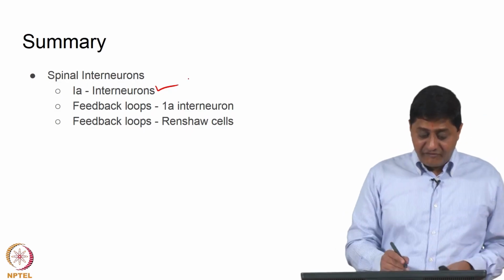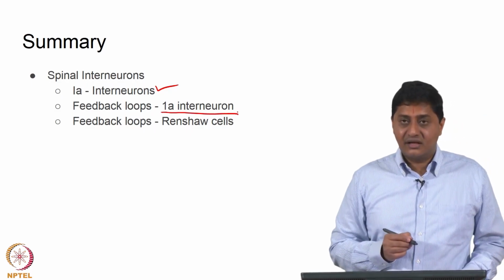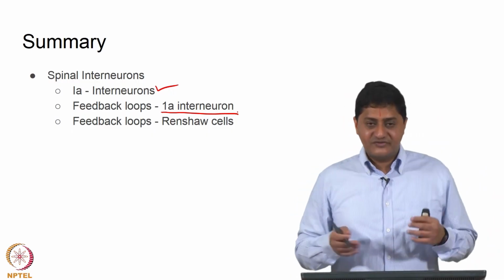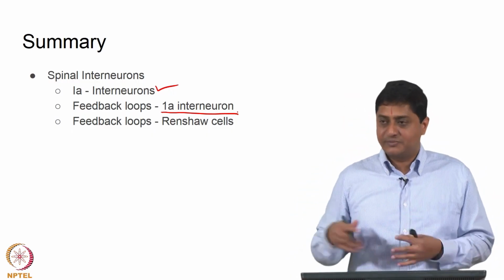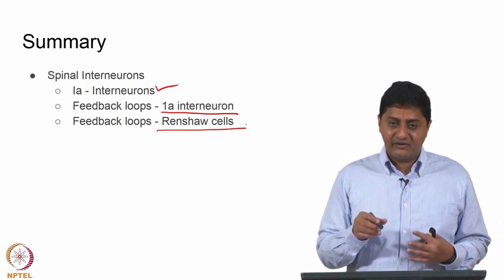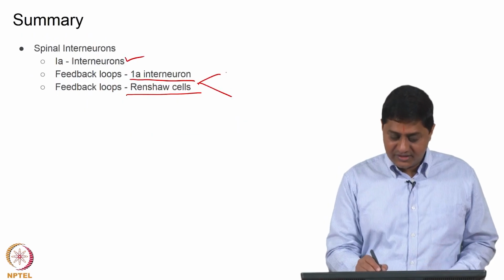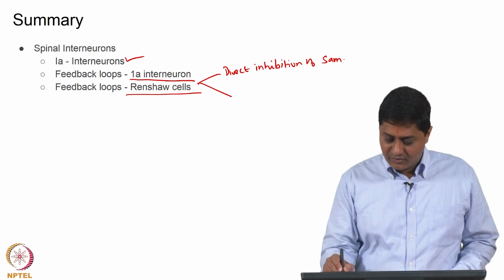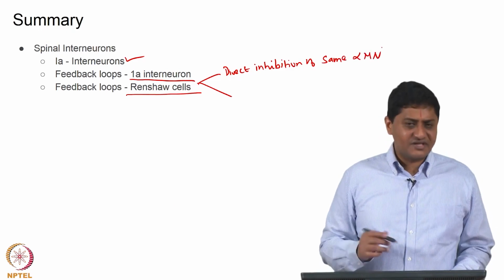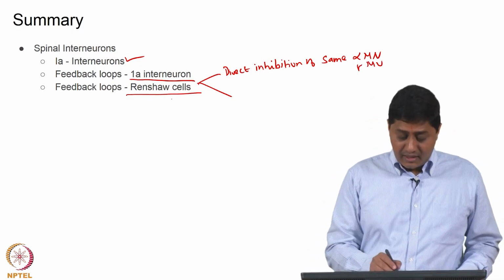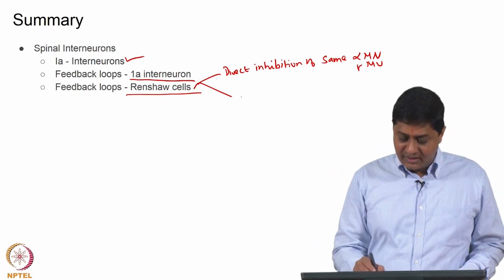And feedback loops concerning 1A interneuron, there is one that involves reciprocal inhibition between two muscles, for example, and this exists throughout the body in multiple muscles. Okay. And then feedback loops involving Renshaw cells, the one that involves a smaller feedback loop, so there are two of these. One involves direct inhibition of the same alpha motor neuronal pool, that is what we saw, alpha motor neuronal pool and gamma motor neuronal pool, just the motor neuronal pool. And within the Renshaw cells there is one more, that is in disinhibition